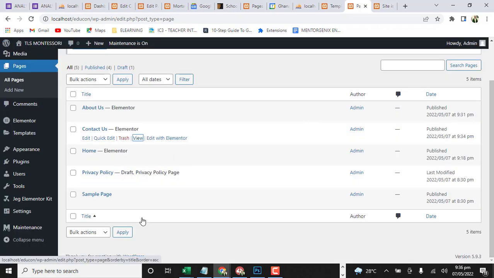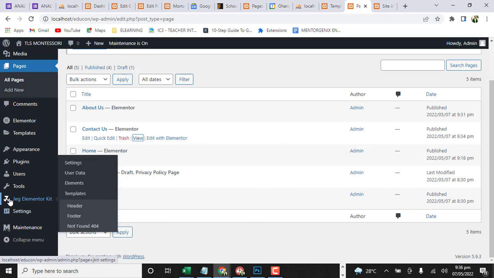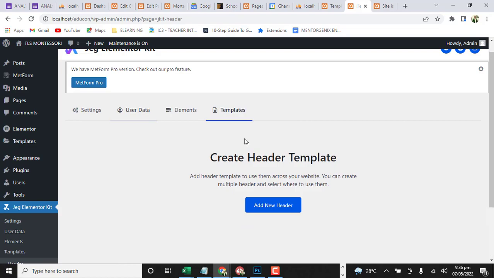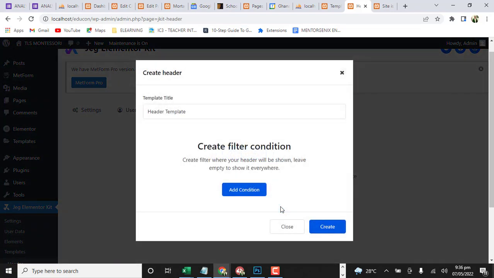So let's design the header. We'll go to Elementor kit, the Jack Elementor kit, and we'll go to header. We are going to design one header for the entire site. The same header will be applied to the entire site. We don't have any header yet, so you go to add, and then we can give it a name. We say main header,